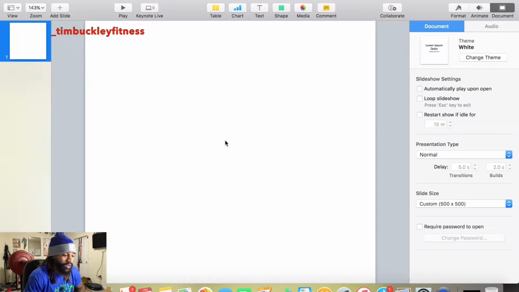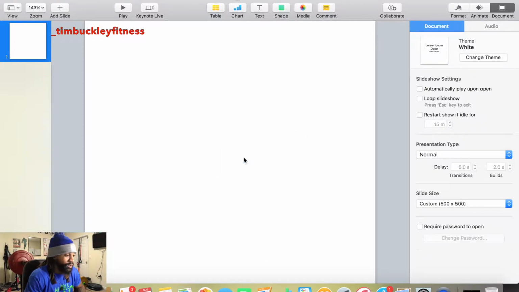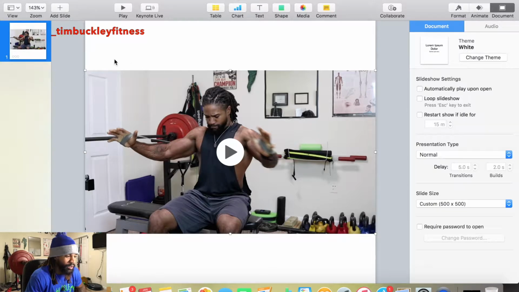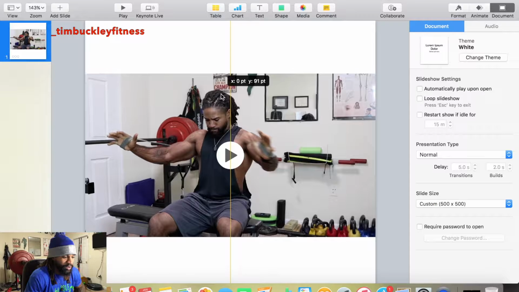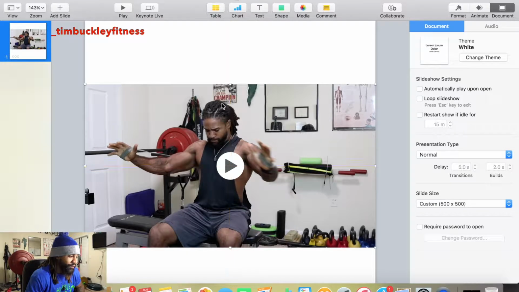Now, you're going to want to make sure that you have a piece of content, or a video, that you're going to put in the middle that you want to put the bars around. So I've already copied and pasted a workout video, and this is just a banded chest press exercise. I'm going to slide it down just to make sure it's in the middle. As you can see, Keynote does a good job of letting you know where the middle of the page is. And also in the top left here, you can see there's another picture where I can tell, hey, okay, it's